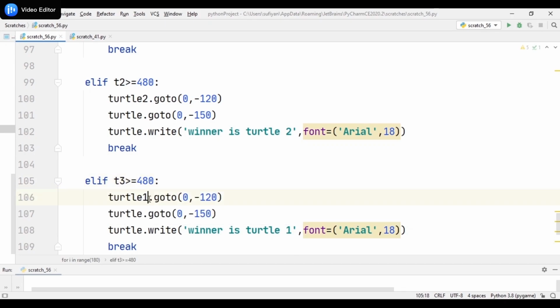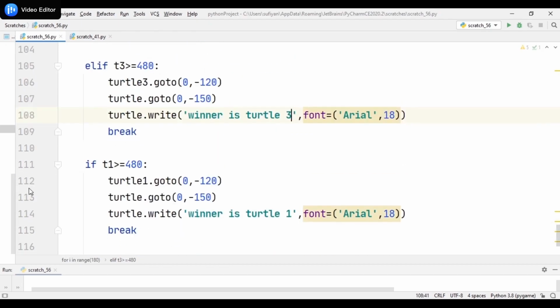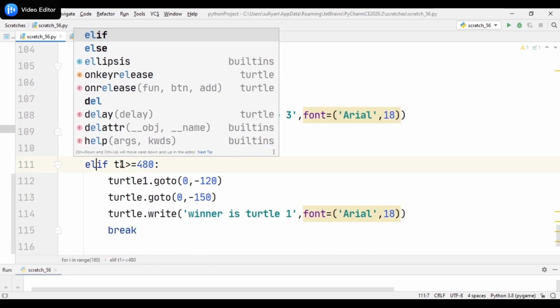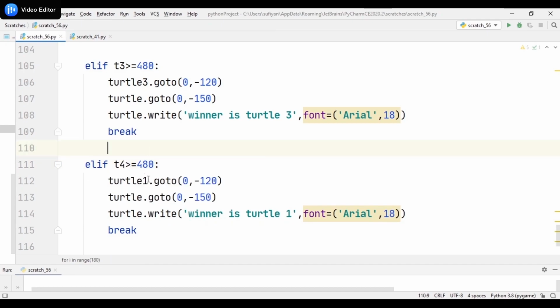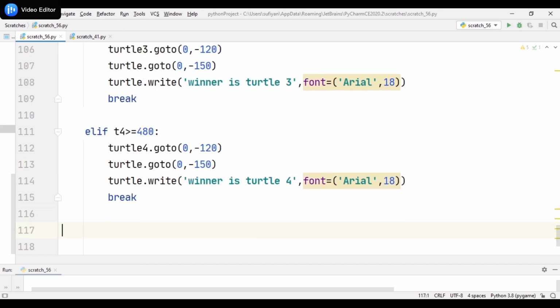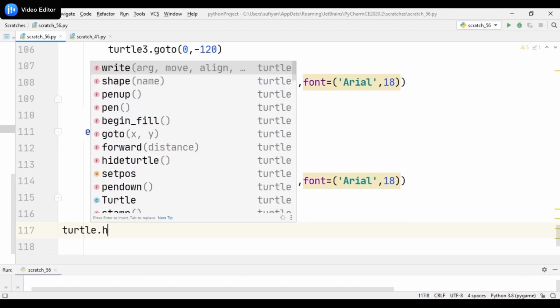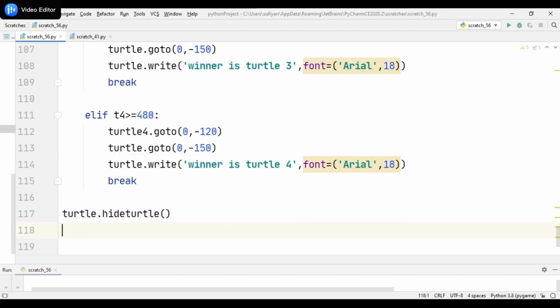Then turtle3 dot go to 0, minus 120 and turtle dot write winner is turtle3. For turtle4, dot go to 0, minus 120 and turtle will write winner is turtle4. In the end, we will write turtle dot hideturtle to hide the turtle and turtle dot done to pause the screen when the application runs.